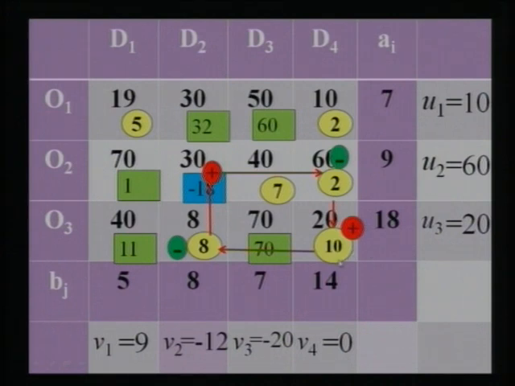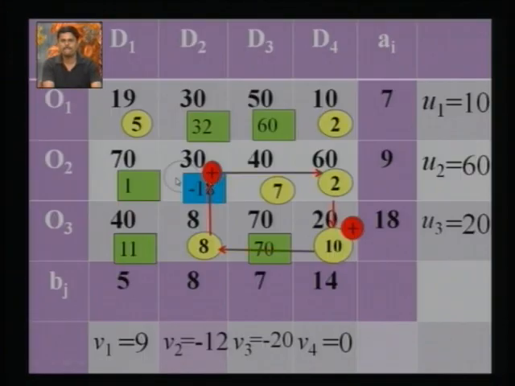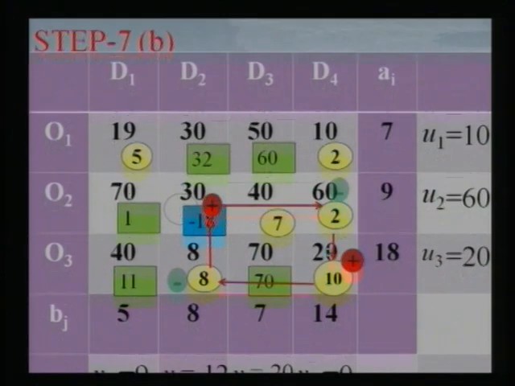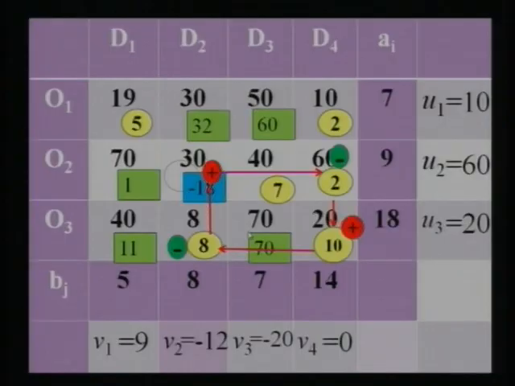I have to add 10 plus 2, so this becomes 12, and here nothing is there. So here we will get an extra basic variable, that is 2. See, in this empty circle, I have to put 2, nothing plus 2 is 2, and 10 plus 2 is 12. So we add and we get 2 and 12 here.